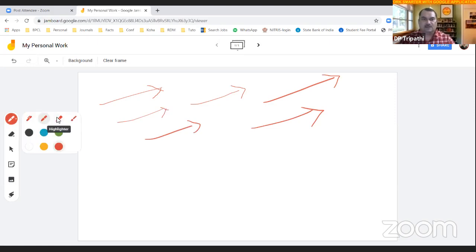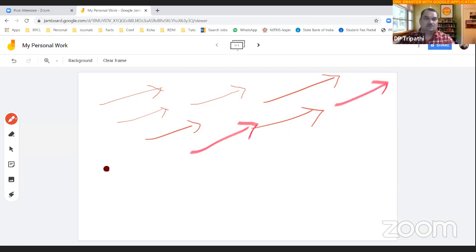And the next one, like a highlighter, the thickness will be more, and it will look like a highlighter. So what is the purpose of this? This is one board where you are free to draw and also to create an image or something like that. A basic idea of having Jamboard is to just work on any creative idea in collaboration with your friends and